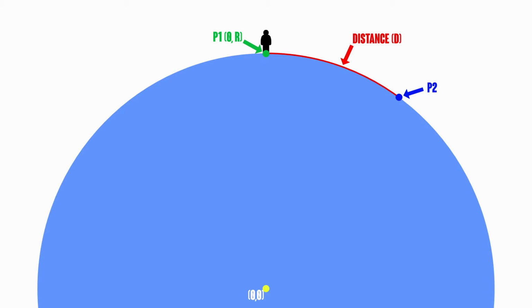Given a circle with a radius of r and center at 0, 0, your position P1 is the top of the circle, and we're interested in position P2, that is d distance away from you. To keep our math simple, let's establish that P1 is always on top. Well, it's a circle, so there is no real top. For our formula, we can rotate the circle to ensure P1's y coordinate is the maximum y value, i.e. on top or very north. I hope that makes sense.